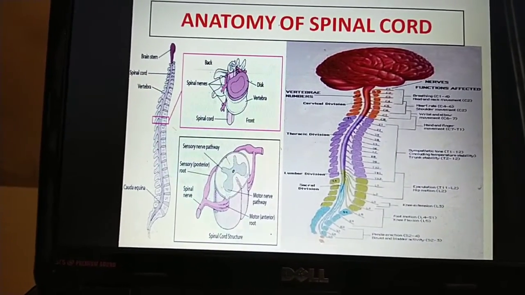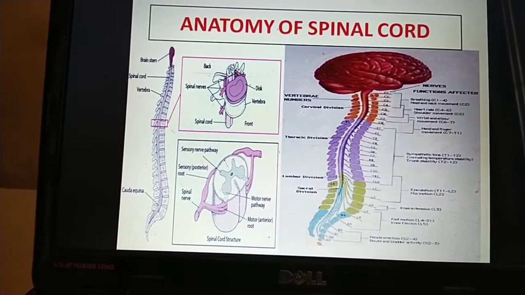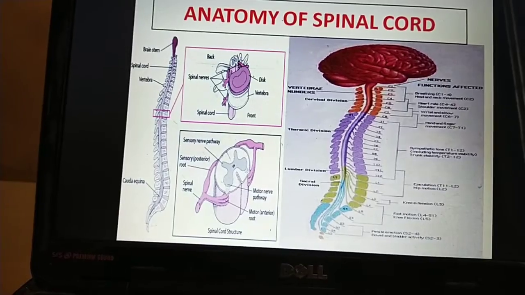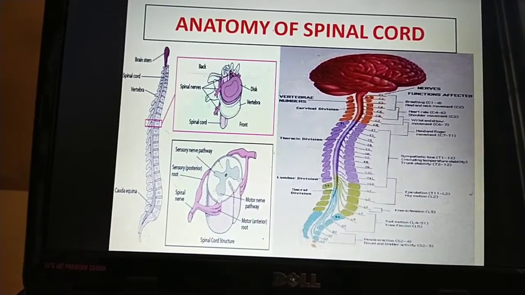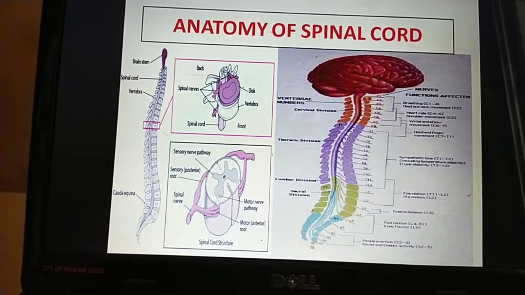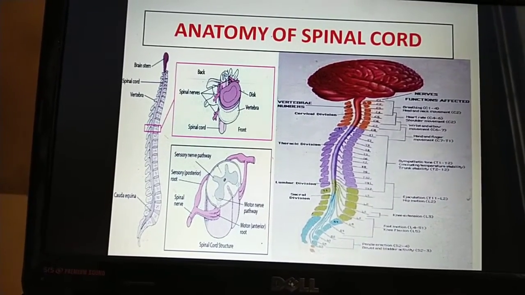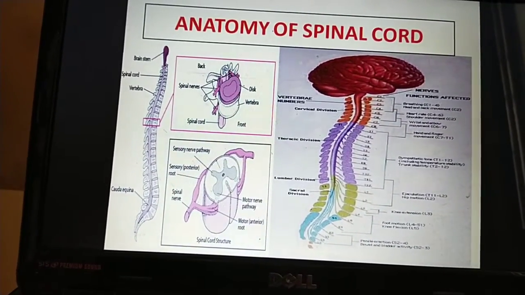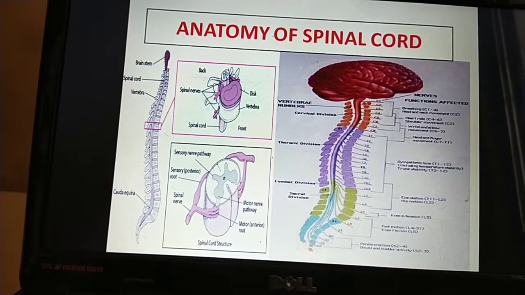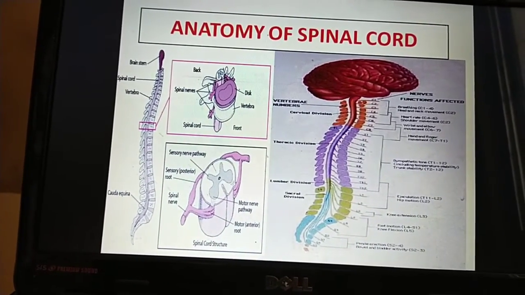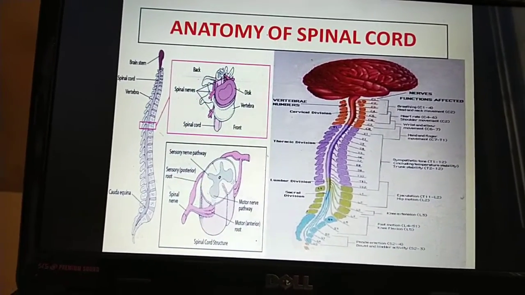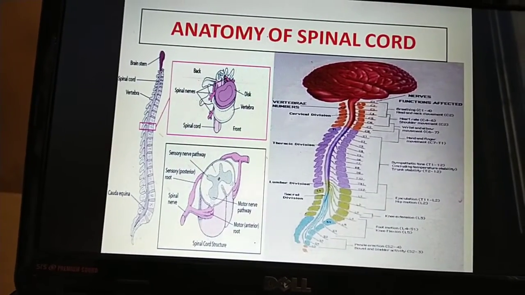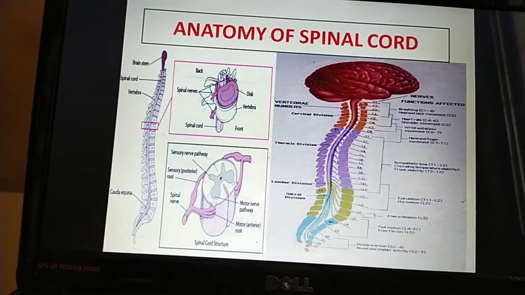It is a long, fragile, tube-like structure that begins at the end of the brainstem and continues downward almost to the bottom of the spine, the lumbar region or sacral up to the coccyx. The spinal cord consists of nerves that carry the incoming and outgoing messages between the brain and the rest of the body. And it is also the center for reflexes such as the knee jerk reflex.